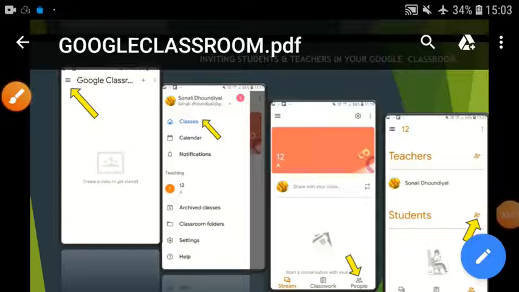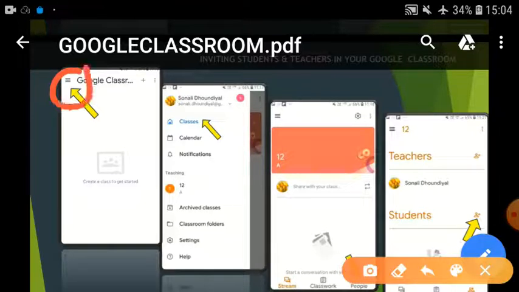Once you have created your class, you can invite your students by using either of two methods. First method is to invite your students one by one by entering their Gmail address. For adding students and teachers through this method, first press this button. Then click classes.